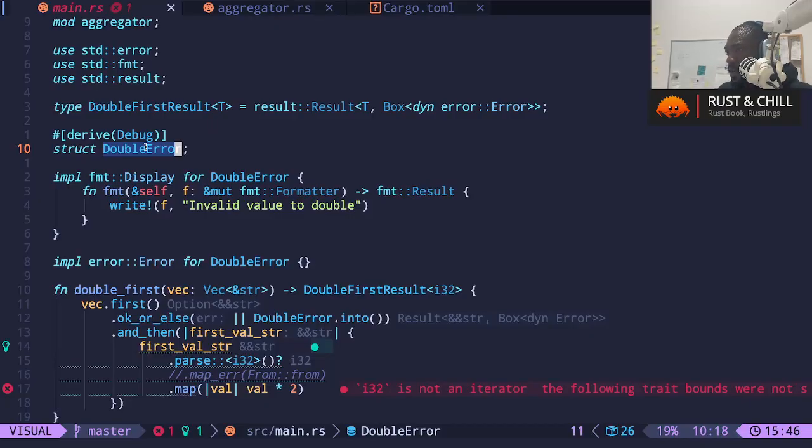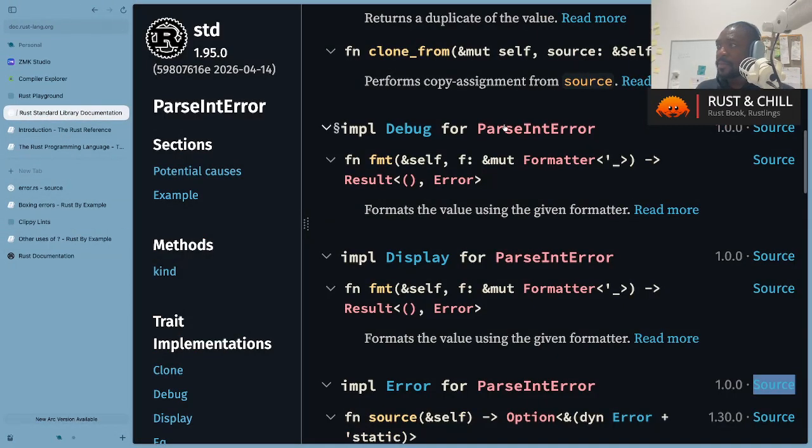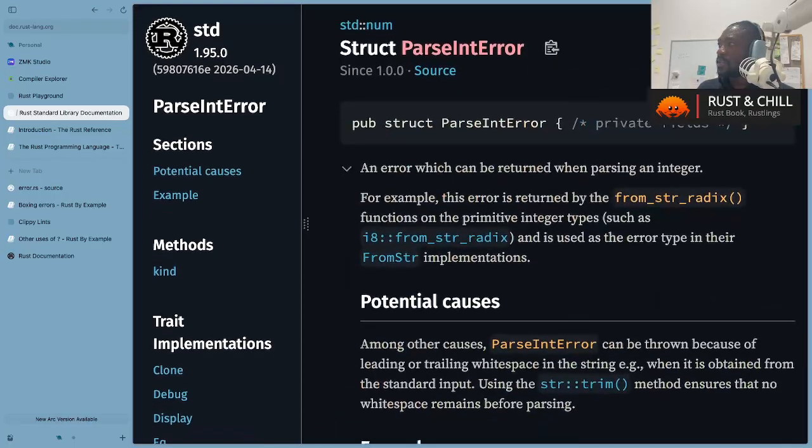So I think that's what they were talking about. So what do we need to be able to convert to error from double error? But look, error is, this is an error first of all. So that won't be enough from what it's saying. Hold on, let's see the from trait,